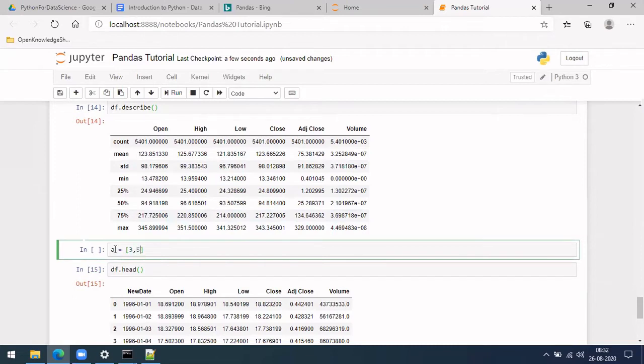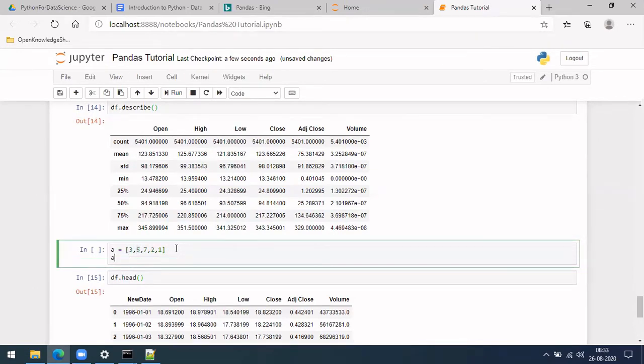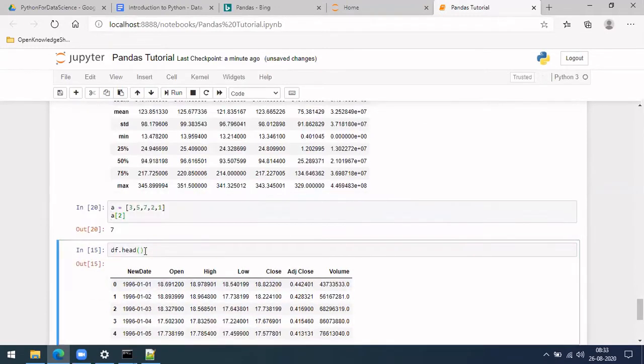So some random numbers. So our index for this is 0, 1, 2, 3, 4. So through index we are able to go to that particular value. In case I want a of 2, it will give 7.